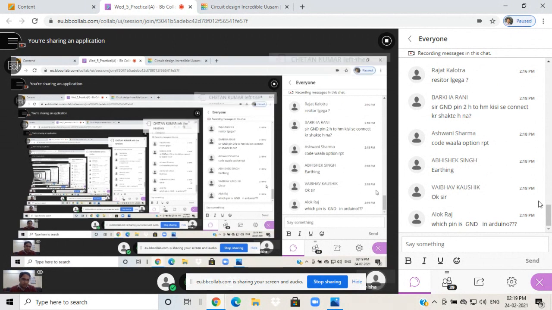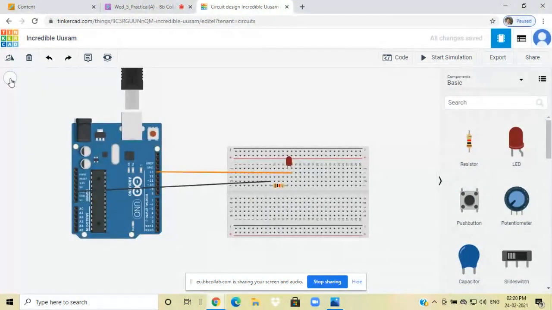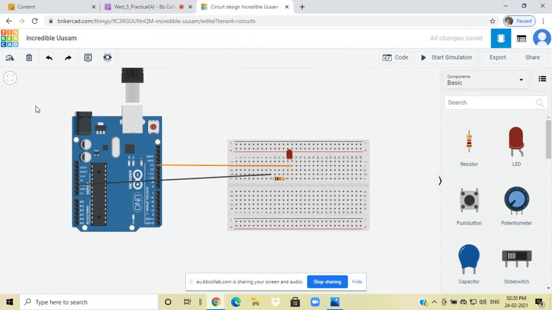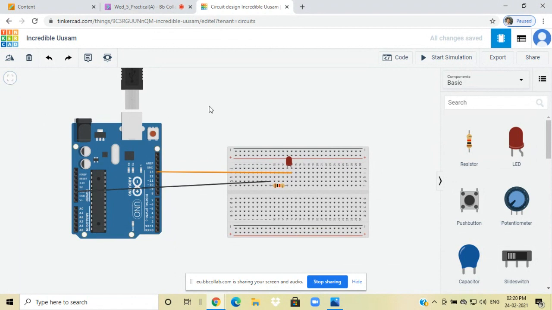Code wala option repeat. Okay, I will repeat it. Which pin is ground in Arduino? In Arduino, there are three different grounds. If you are able to see, in the Arduino, on the right side, the second pin is the ground.